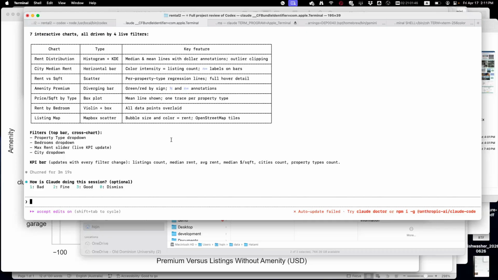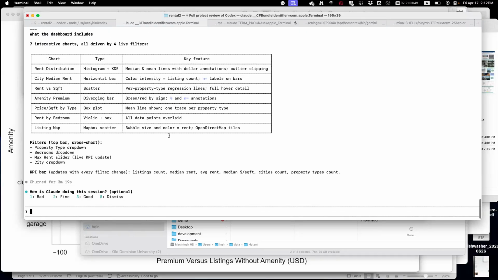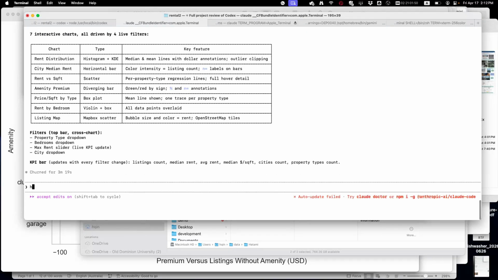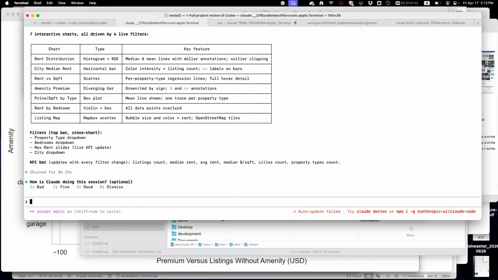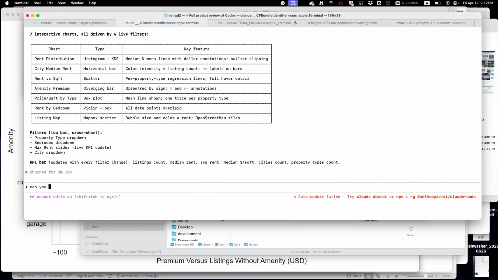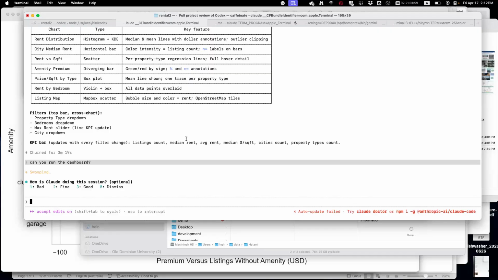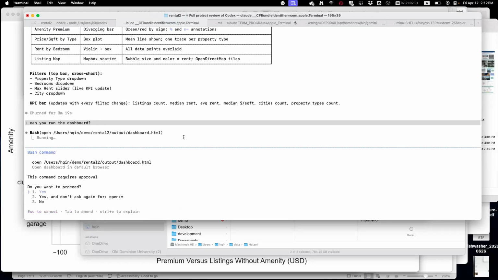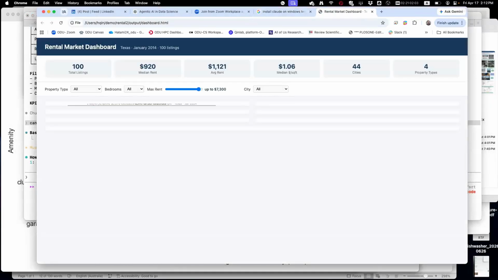Oh, it actually says it built that interactive dashboard. Can you run the dashboard? Wow, it actually ran the dashboard on its own. So it does run. Okay, does it make sense?